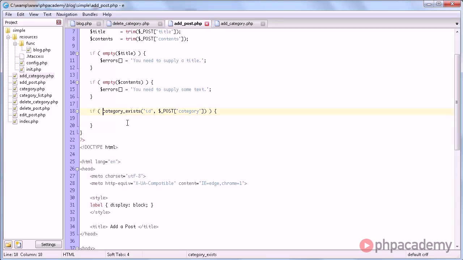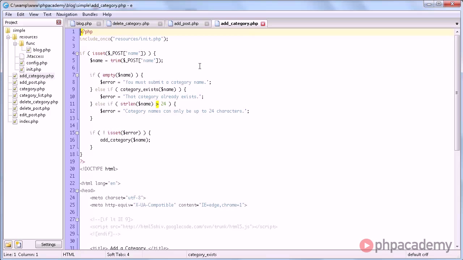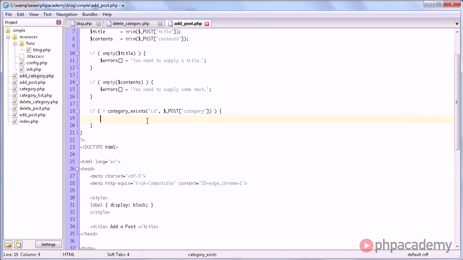And of course this needs to be not. However, remember that we also used this in addCategory.php, so we need to change this, and here we're going to select the name field and the posted category name. Alright, so continuing, we need to specify an error message here, which will be that category does not exist.